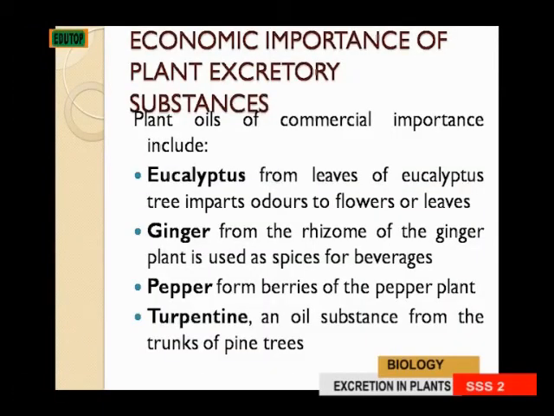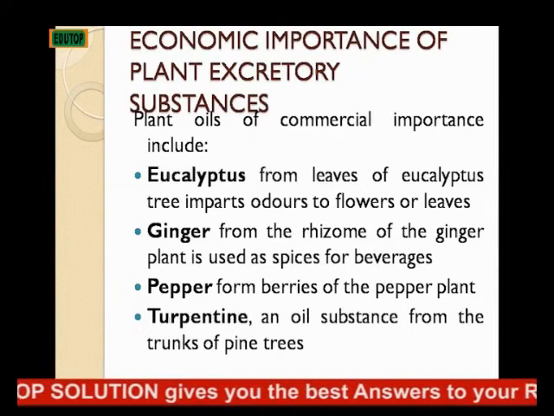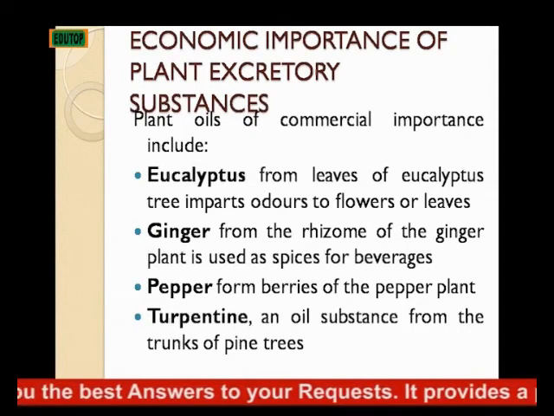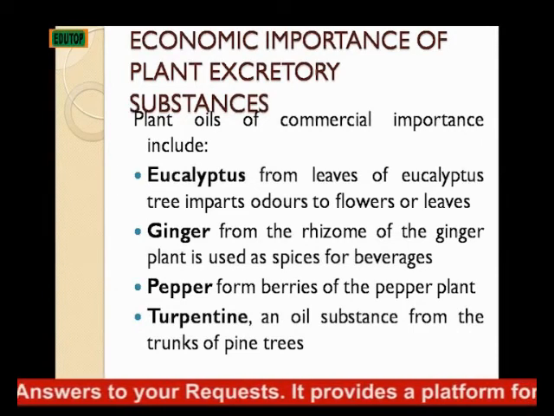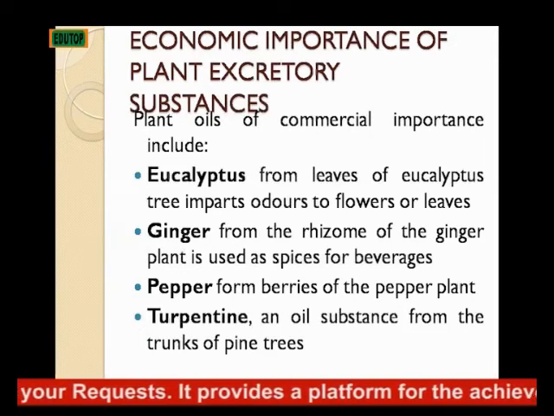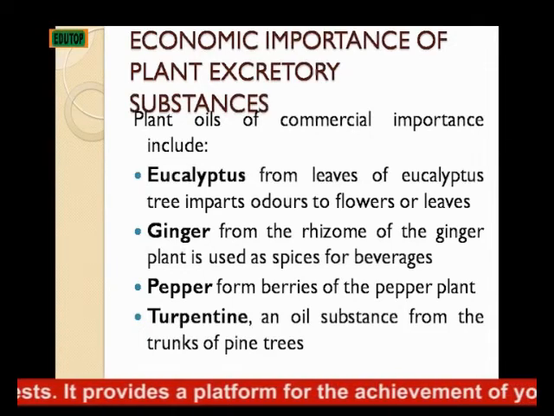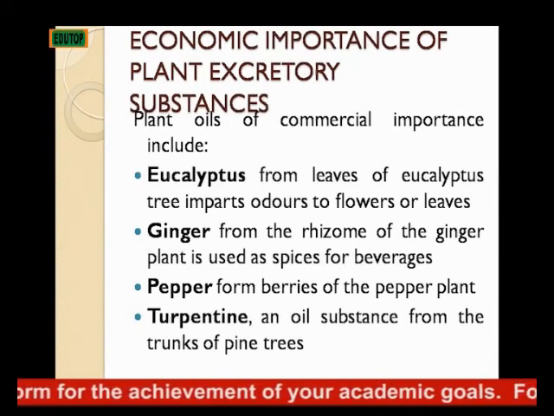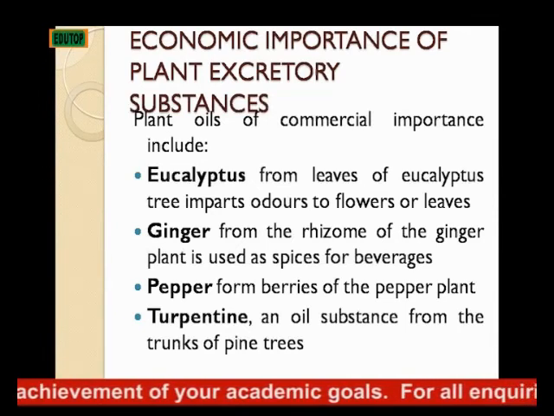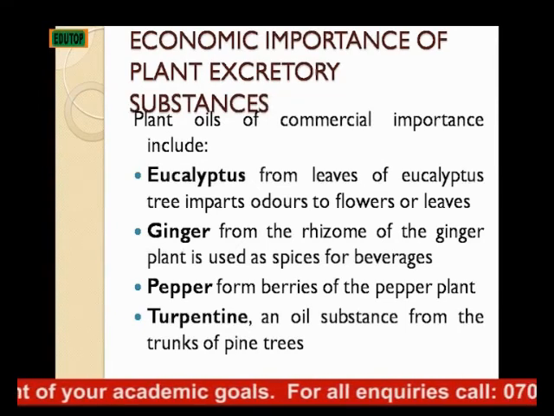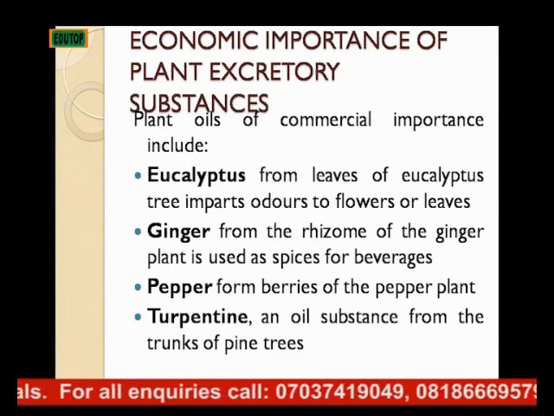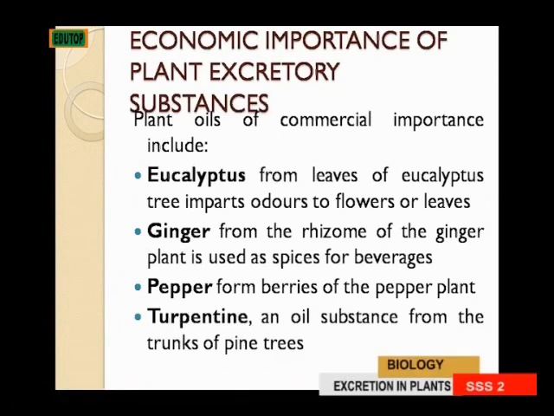Then plant oil. We have several oils that are excretory products of plants. For instance, you have eucalyptus oil from the leaves of Eucalyptus camaldulensis, or what you call the eucalyptus tree. It imparts odors to flowers or leaves. Then ginger, interestingly, ginger is an excretory product. It's from the rhizome of the ginger plant. It's used as spices for beverages or even in your food. Then pepper from berries of pepper, they are used as spices too. Then turpentine is an oil substance from the top of pine trees, and they are also